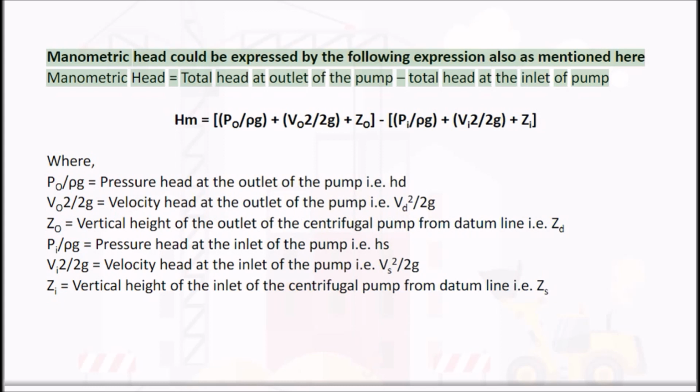Manometric head equals total head at outlet of the pump minus total head at the inlet of the pump. Equals Po/rho g plus Vo squared/2g plus Zo, minus Pi/rho g plus Vi squared/2g plus Zi,